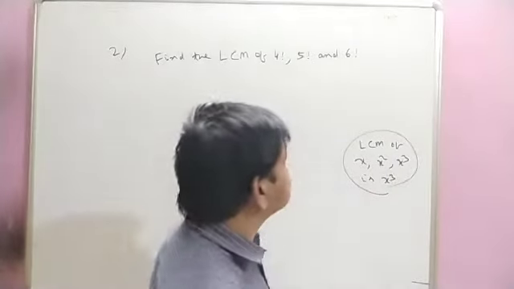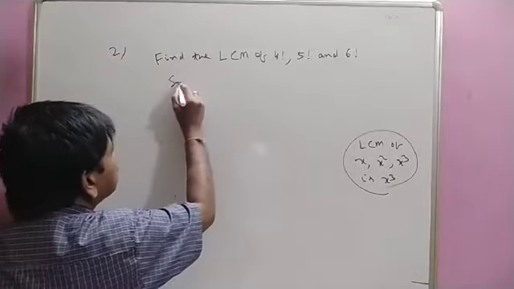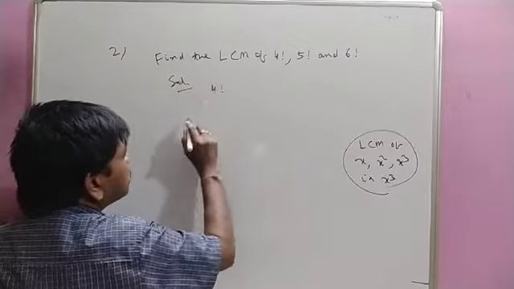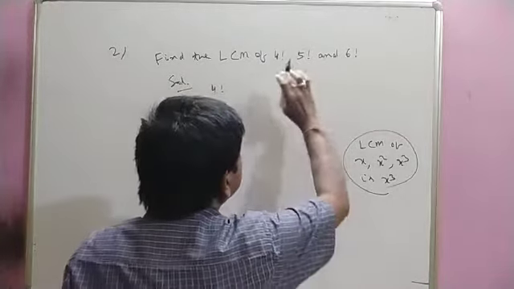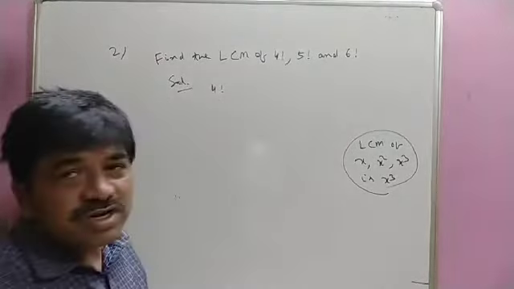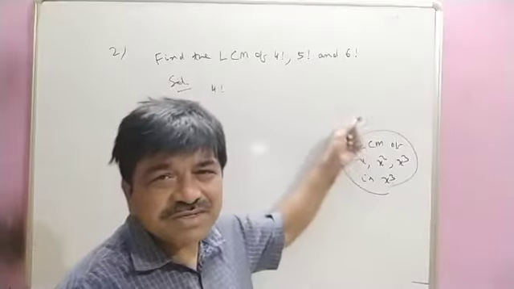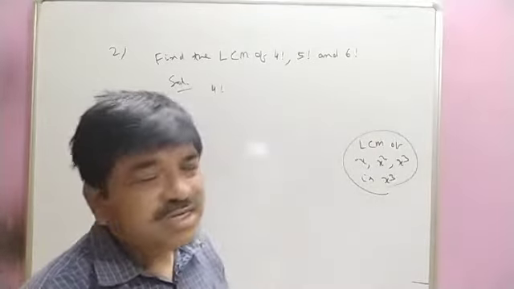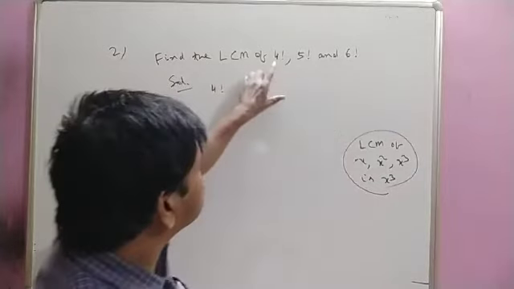So what I will do? This 4 factorial, keep it like this. You see, here is 4 factorial, 5 factorial. So which one is the least one? The least one is 4 factorial. So then you express the other factorial notations in terms of 4 factorial, because this one is the least one.